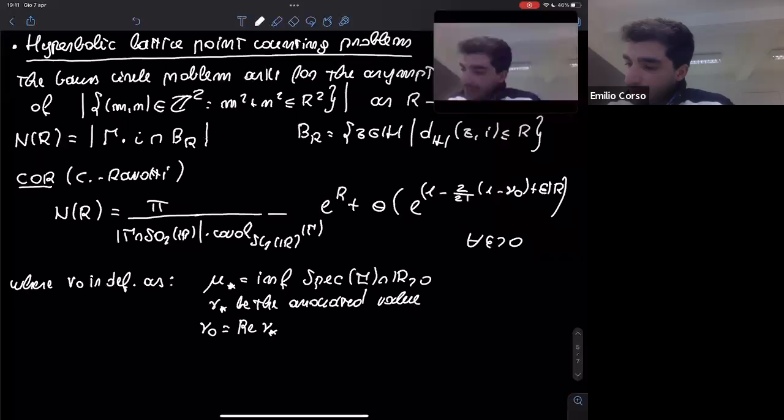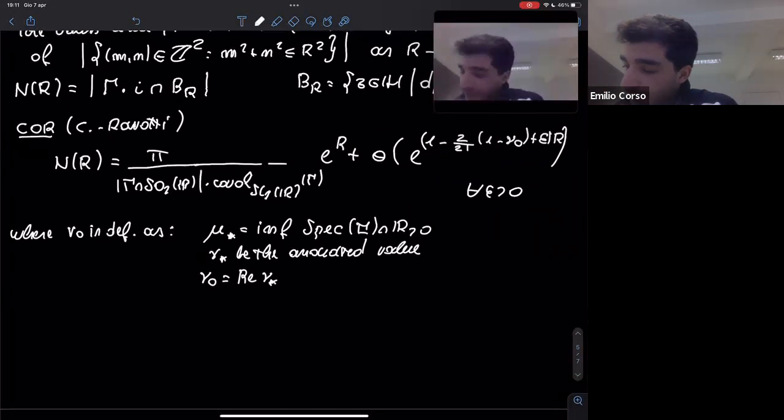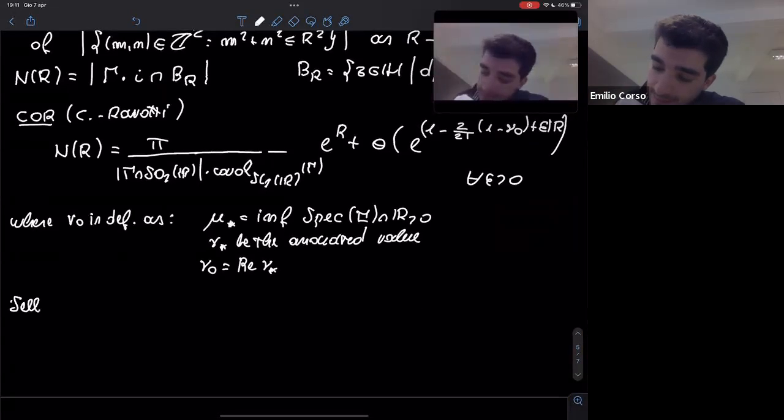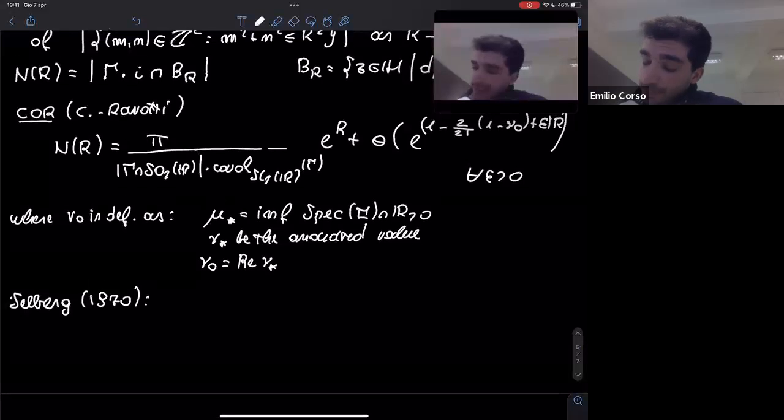Now, once I state such a result, I should also tell you what's the state of the art concerning this problem. To the best of my knowledge, this is the first precise error estimate that is deduced from equidistribution of large circles. But actually, the state of the art concerning the problem is different. I don't have time to dwell upon the full history of this problem, but I certainly need to mention the work of Selberg from 1970, which, using completely different methods, not dynamical, and using the deep theory of automorphic functions and integral operators, manages to find a better bound for this,